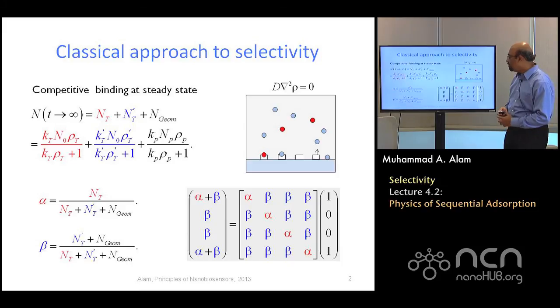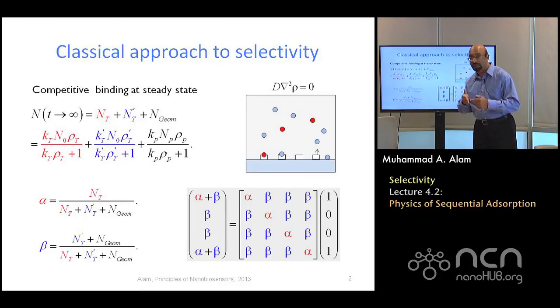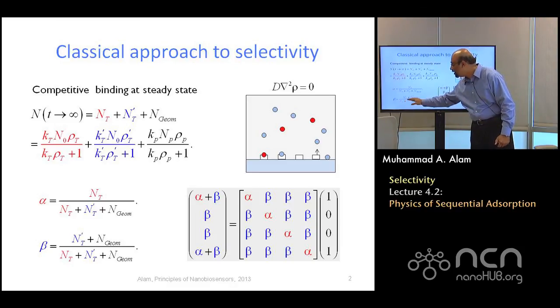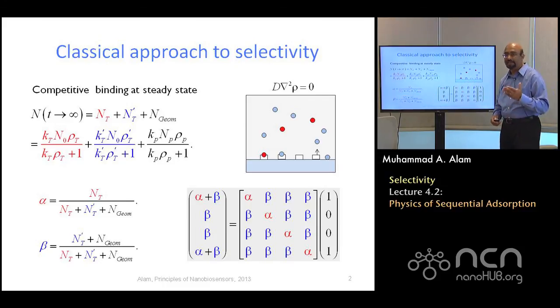And again, the goal is to reduce beta. Remember, in beta, I have this number of parasitic components, and we want to reduce this as much as possible. The first term, N_T prime, we could reduce by enhancing the temperature and washing it away. Now let's talk about this black term called N geometry, and how we can reduce it so that we can reduce beta and the noise term associated with it.